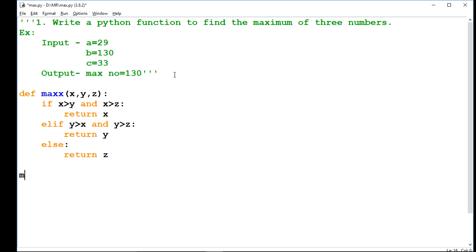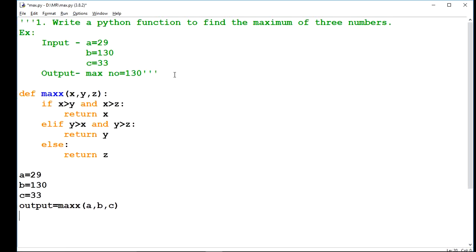What is the function name? MAXX. From here I will pass 3 values: 29, 130 and 33. I'm storing the values in A, B and C, and here I will pass 3 arguments A, B and C, and this will be the output.